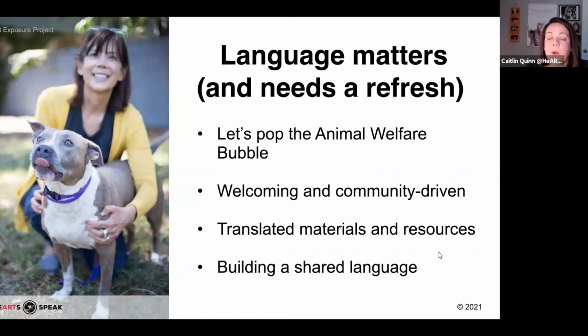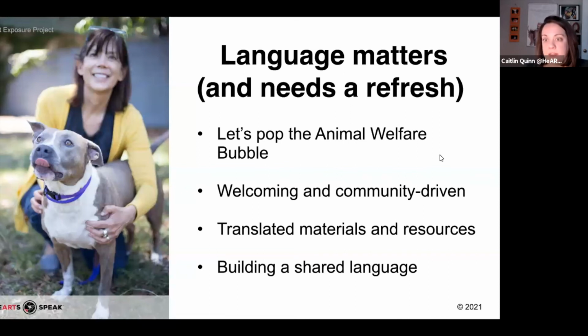So anywhere where it's possible, and let's start with one of the simplest places, right? Bios that we're writing. We have a document that I will share with you and a couple of blogs that go into, instead of saying leash reactive, let's learn how to describe that behavior. Let's learn how to show people this dog actually has been in a foster home and loves being with other dogs, but once you put them on a leash, they can overreact to situations because they're unsure or they're not feeling their most confident. So really breaking things down into, how would you explain this to a friend of yours